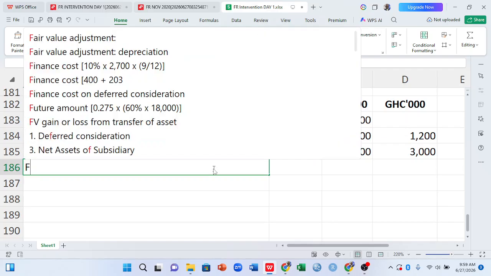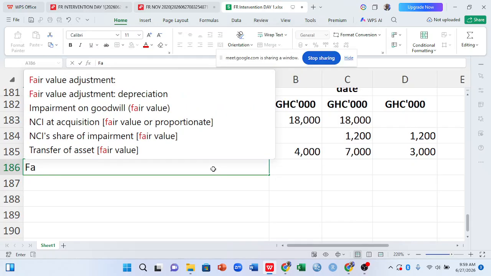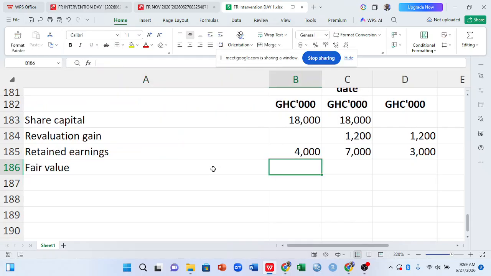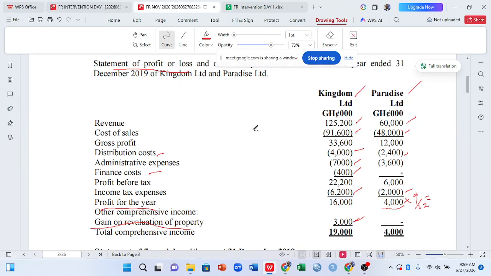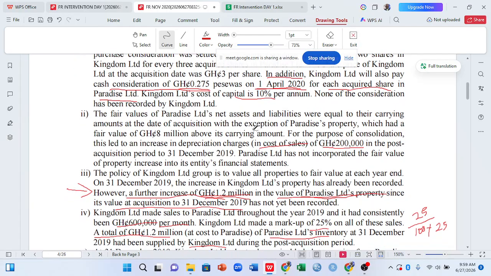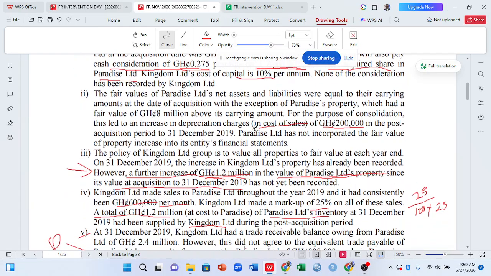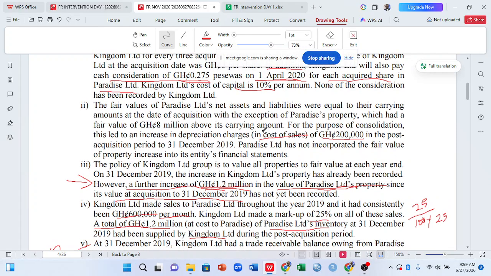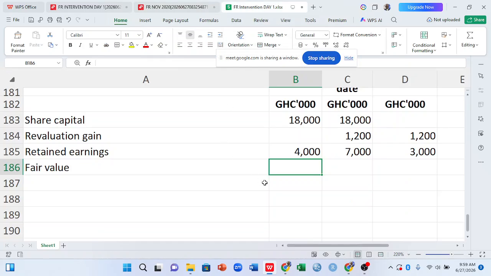And the next thing we do is we bring our fair value. There was a fair valuation in the question. Hold on, the one who has asked the question, hold on. So there's a fair value in the question here. Let's bring the fair value. There was a fair valuation. Yeah, that was additional information too. That there was a fair value of our PPE of 8 million above the current amount. So we need to record that 8 million